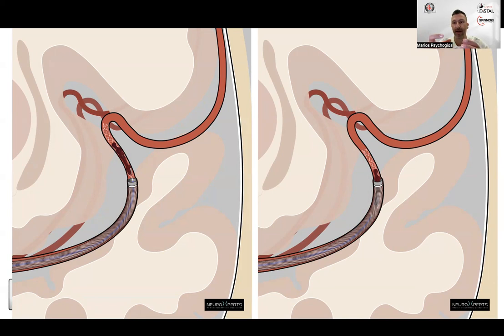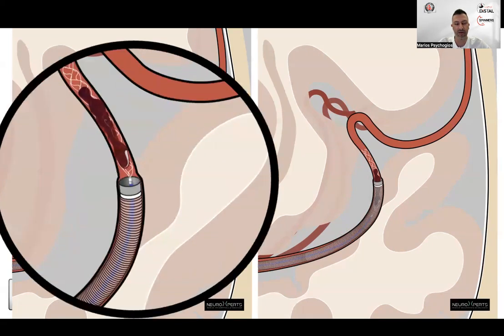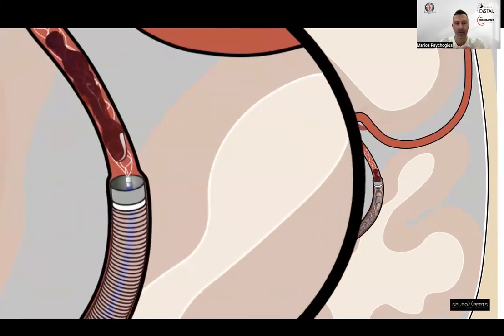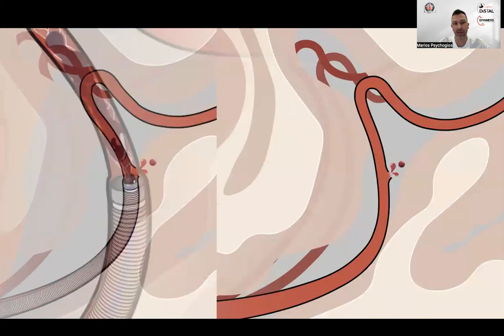So because it's already dilated, you don't really have that extra elasticity for the vessel to accommodate the big aspiration catheter. And what can happen actually is exactly what I've marked here, that you have some further extension of the vessel,